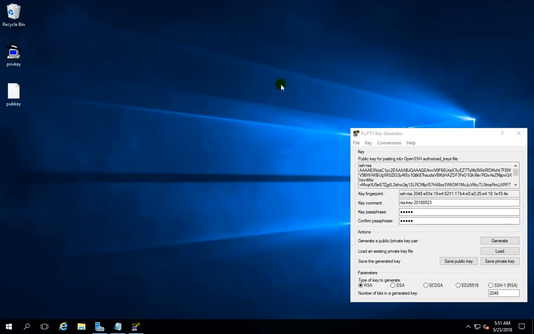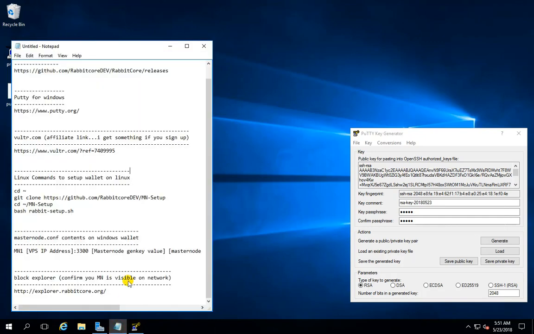So the next step here is to create an instance of a VPS, a virtual private server, in which we will be running the MasterNode daemon. And so the service provider I use is called Vultr,